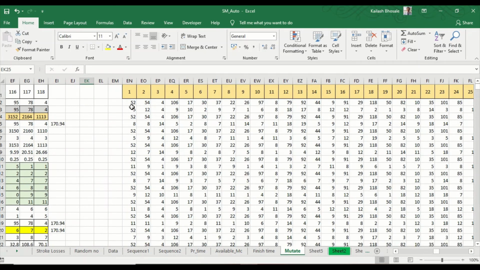This is for the machine numbers, these are the random numbers, the operation numbers, and on which machine each operation will be performed.